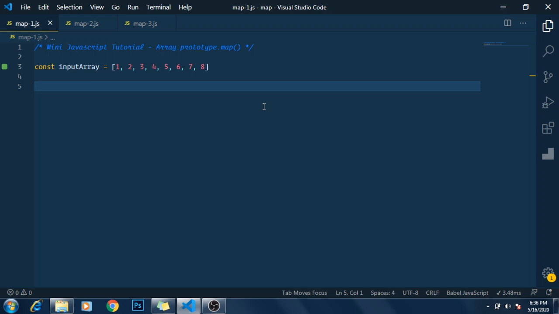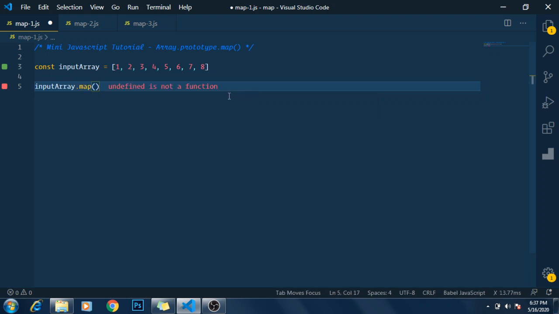So let's say I have an input array of numbers as shown on screen. I need to multiply each number by 10 and generate a new array. So I'll just invoke the .map function of the input array like this.